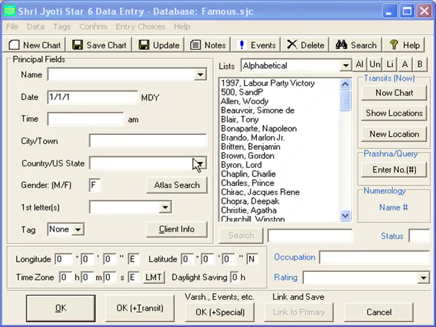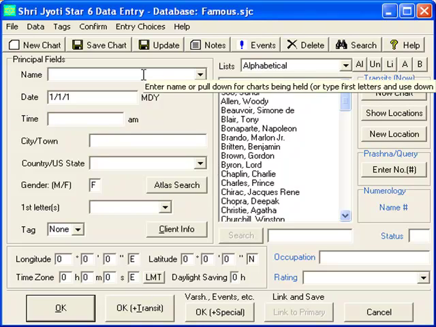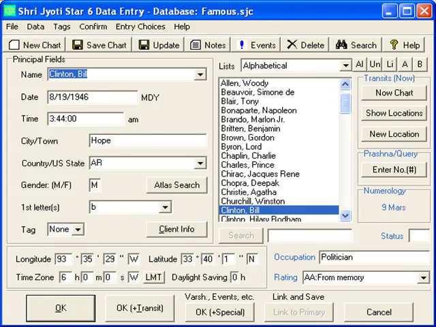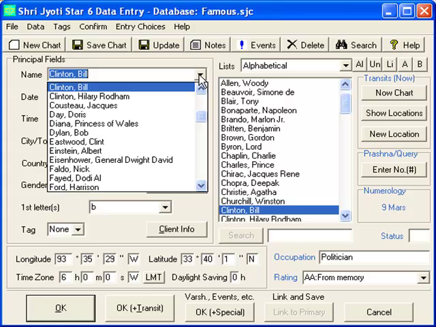The first thing is you can just start typing a few letters of the name in the name field. For example, so this is the beginning of the word Clinton, and what I do is I press down on the down arrow key on the keyboard, or we could click here, and it'll go exactly to the first